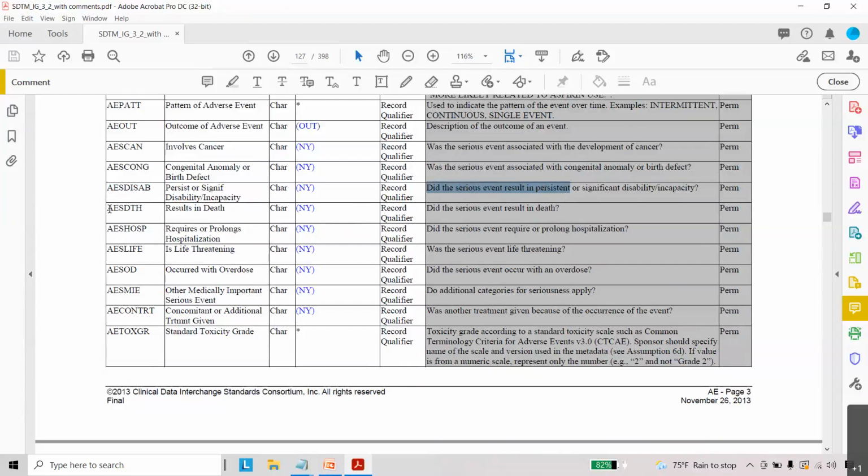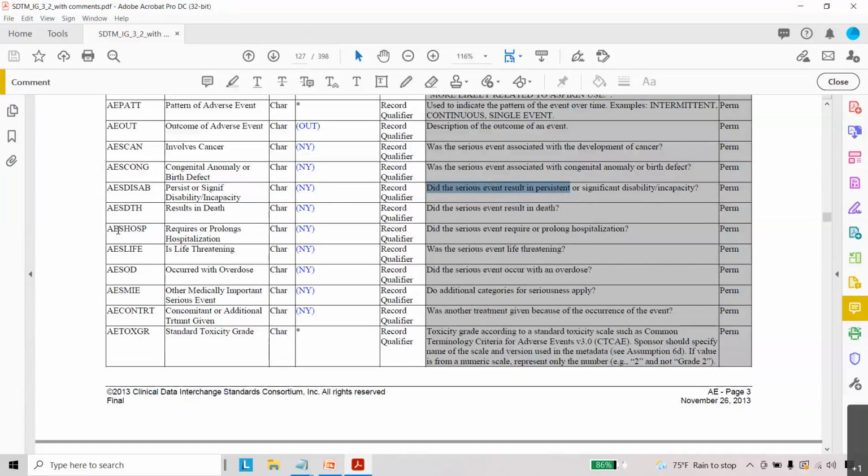And next one is AESDTH, results in death, whether that serious event results in death. If you see the value yes here, then we can see the same date in the demographics death date also, and the flag will be populated.